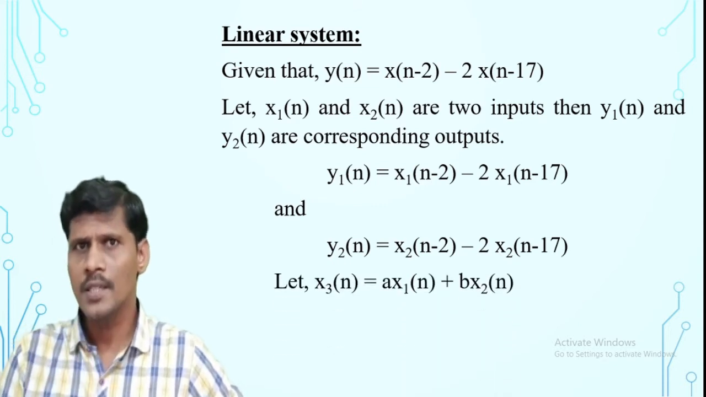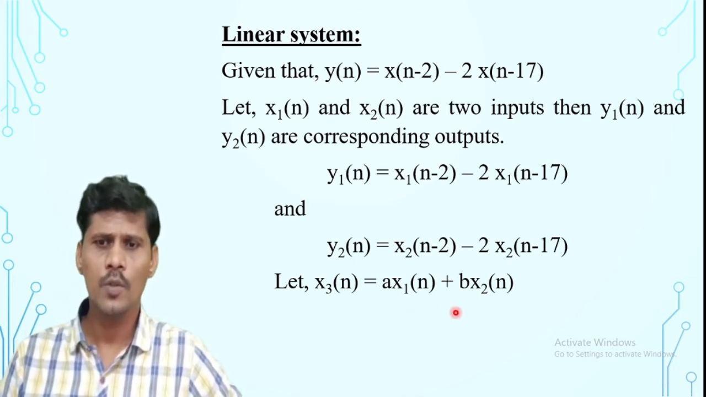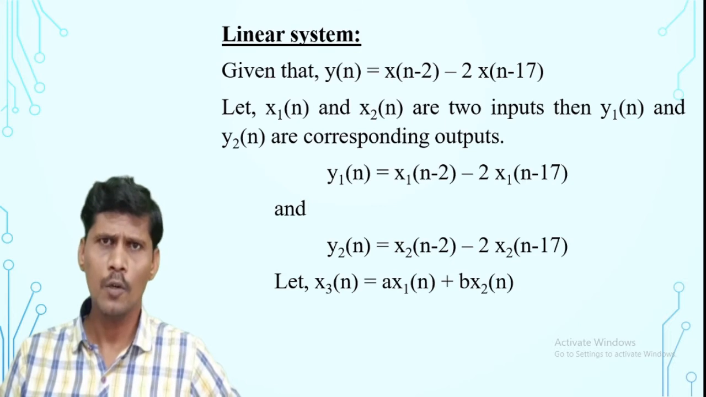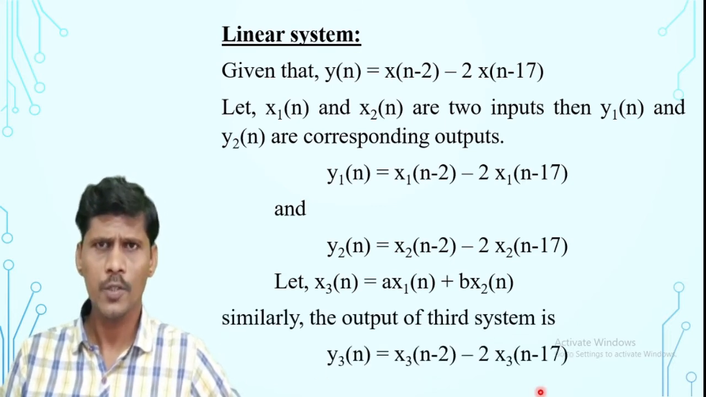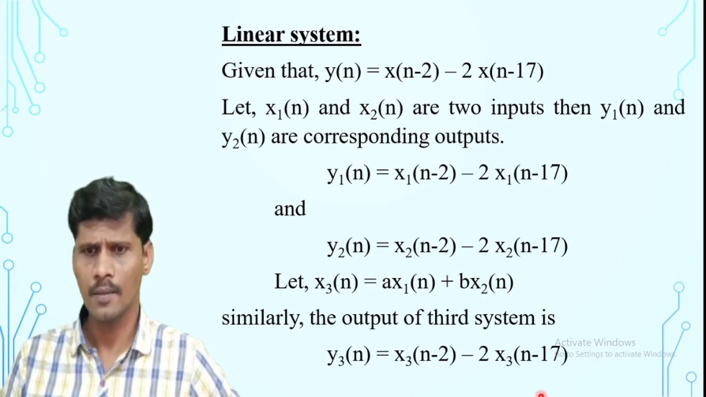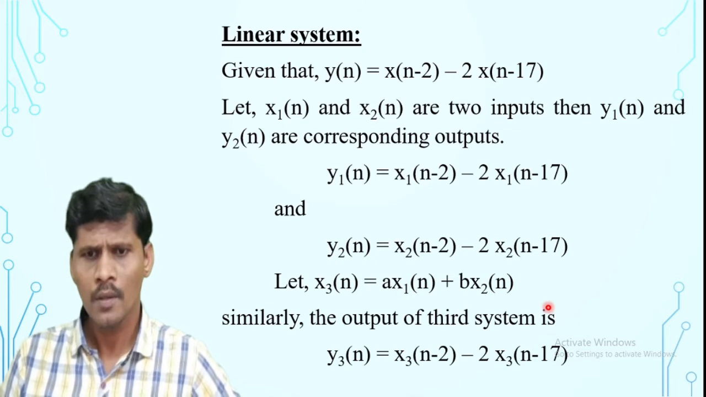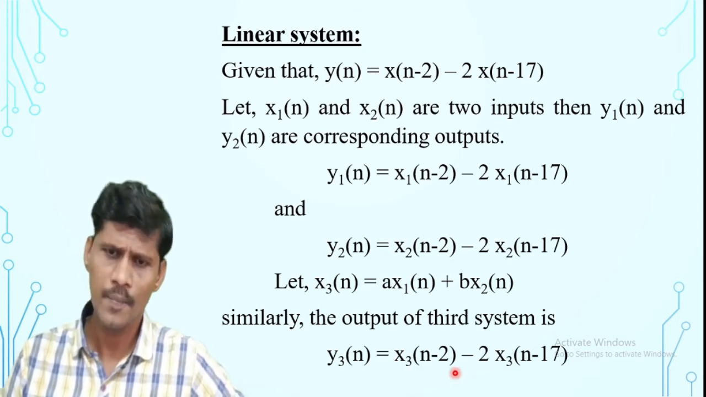Let x3 of n be the linear combination of x1 of n and x2 of n, that is a x1 of n plus b x2 of n. Similarly, x3 of n is an input to the system, then its corresponding output is y3 of n is equal to x3 of n minus 2 x3 of n minus 17. But x3 of n is equal to a x1 of n plus b x2 of n, and x3 of n minus 2 is a x1 of n minus 2 plus b x2 of n minus 2, and substituting the x3 of n minus 2 value here, we get